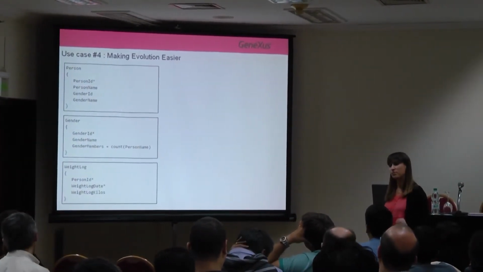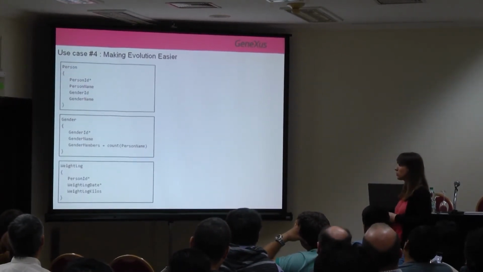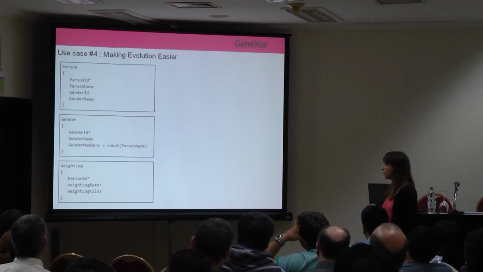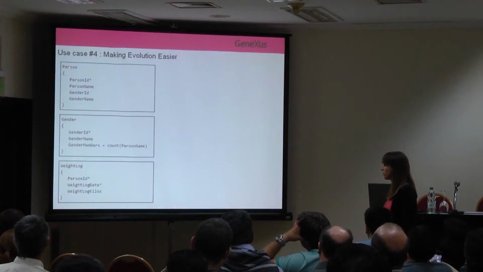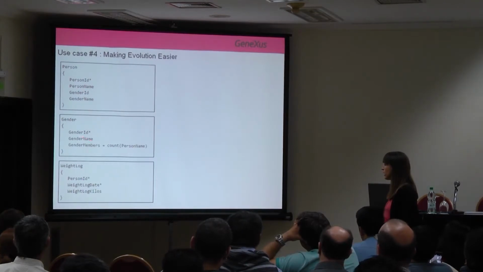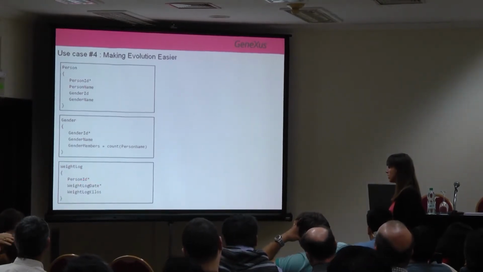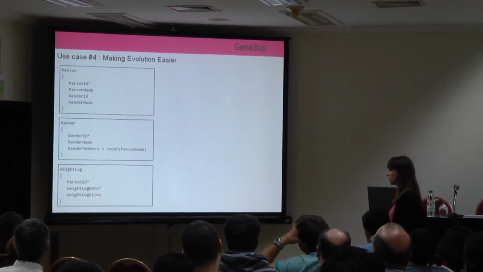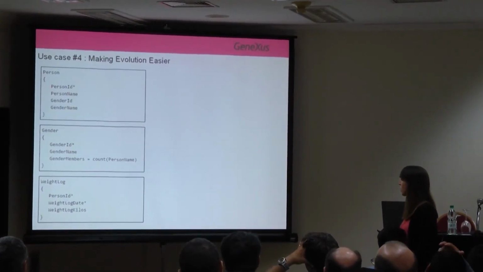So let's go to the fourth case, and we are going to change the example because this is an application that Nicolas Rodal made a few years ago. I'll tell you about it. It was firstly to record the weights of the people at certain dates. Firstly, you have to register the gender, and here we have a log of weights, which has a weight log, a date, and a complex key. So the person would weigh himself or herself at a certain date and record the weight.